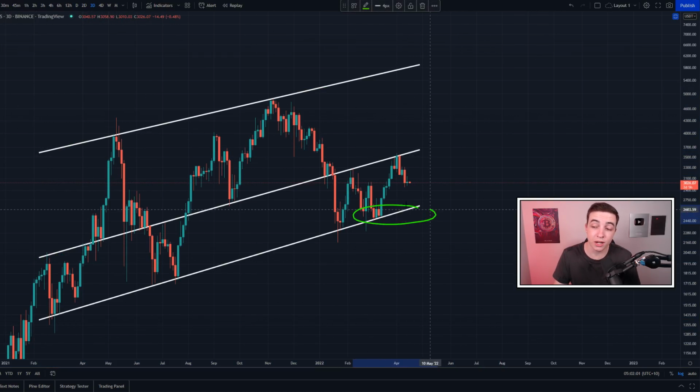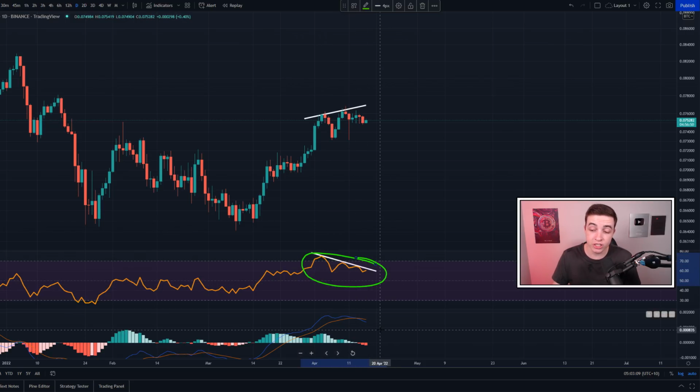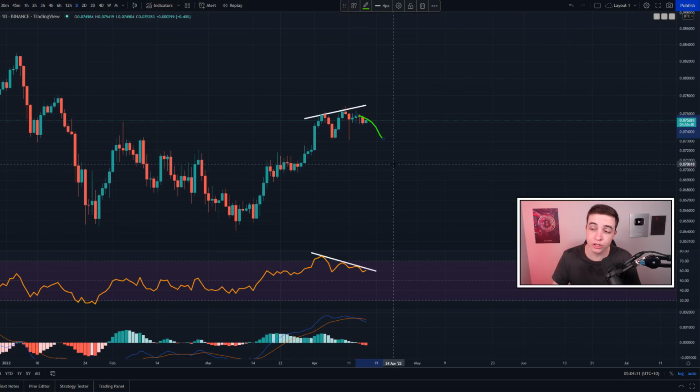And just giving you a really quick update for Ethereum versus Bitcoin, this right here is on the daily time frame, and Ethereum is still forming this bearish divergence. And also we've just confirmed another daily candle close, which is adding extra confirmation to that bearish cross in the daily Ethereum MACD on the Ethereum versus Bitcoin chart. And so nothing much has happened on this chart since yesterday. Basically, we're still looking slightly more bearish in the shorter term for Ethereum versus Bitcoin than we are bullish, according to these bearish signals that we're seeing at the moment.